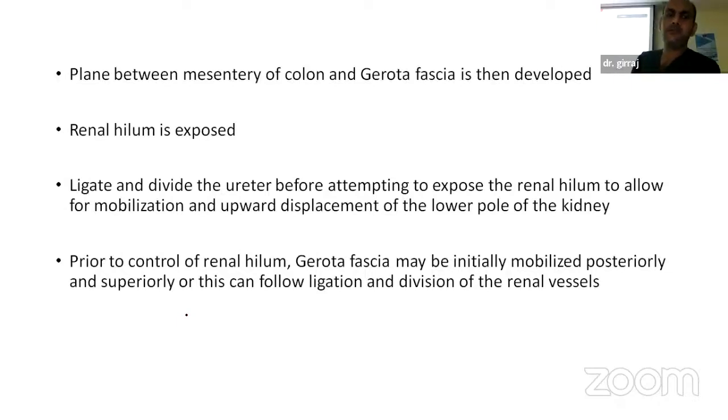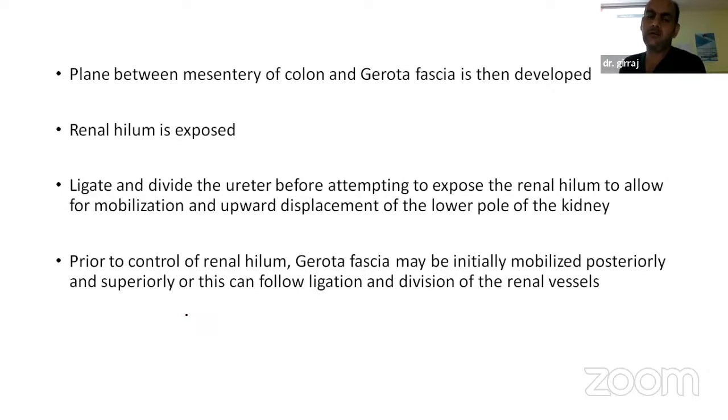The plane between the mesentery of the colon and the serosal fascia is developed. An avascular fibroareolar plane between the mesocolon and the anterior surface of the aorta fascia is dissected, and the renal hilum is exposed. At the renal hilum, gentle dissection is done and the renal vein is exposed, and posterocranially the renal artery. If the renal artery is difficult to expose at the renal hilum, reach the lower pole